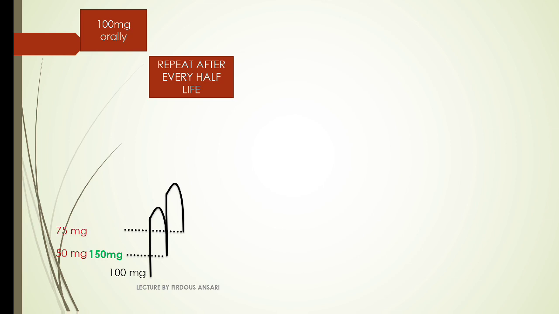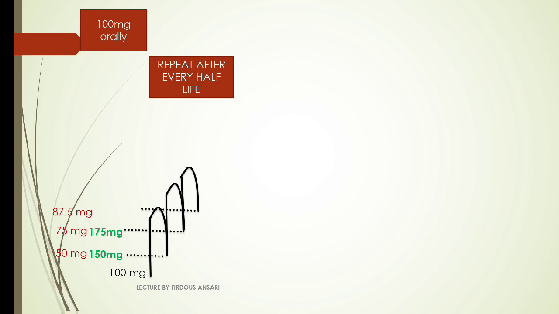So at the second dose, at the half life, the plasma concentration of the drug will be 75 mg. Now this half life has been achieved, and after this we need to give another dose of the drug, that is 100 mg. So 100 mg given plus 75 mg which the plasma previously had, together it will become 175 mg. So now 175 mg of the drug is present in your plasma, the plasma concentration will still increase and then reduce because of metabolism and elimination, and now at the half life, that is half of 175, it will be 87.5 mg.